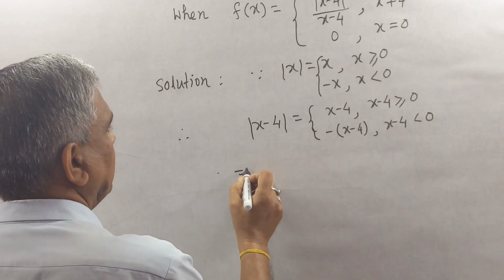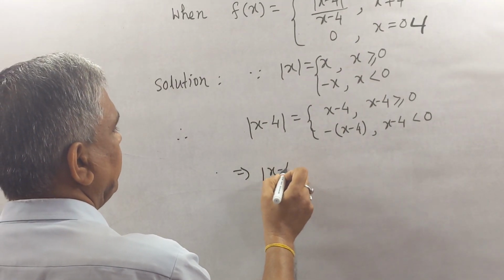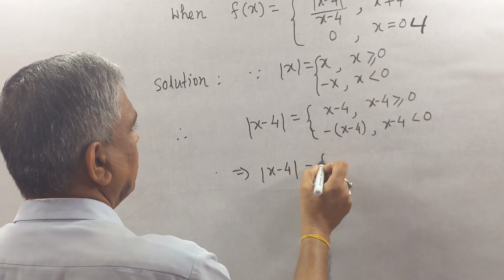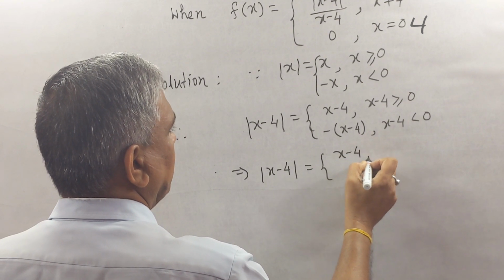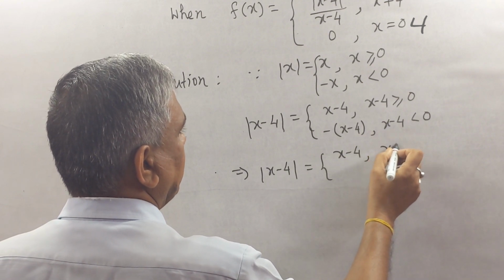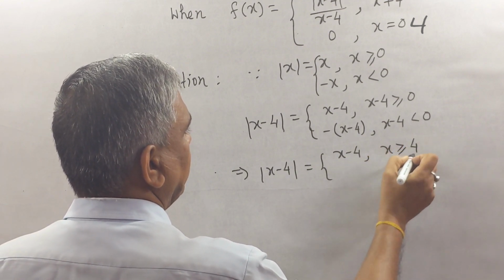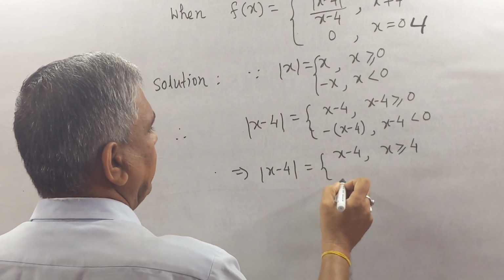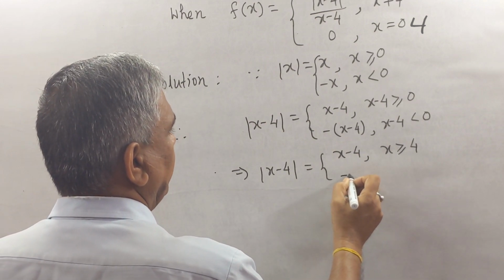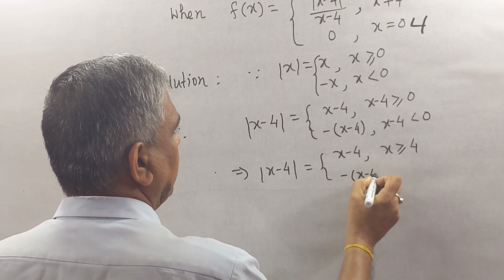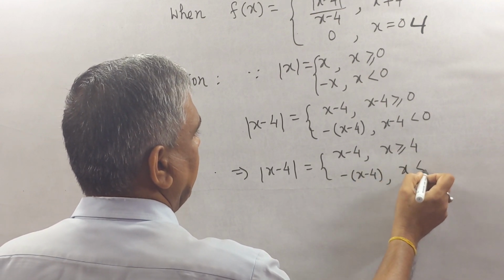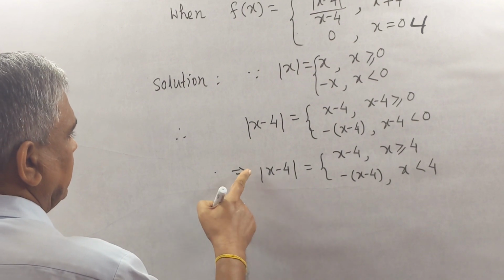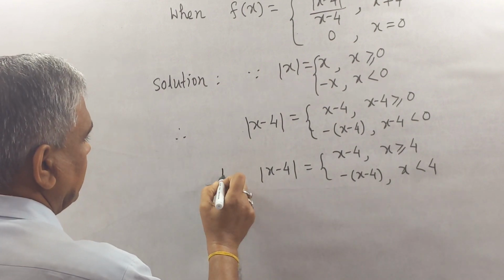implies that modulus of x minus 4 equals x minus 4 for x greater than or equal to 4, and this will be minus (x minus 4) for x less than 4. This is phi x. Now